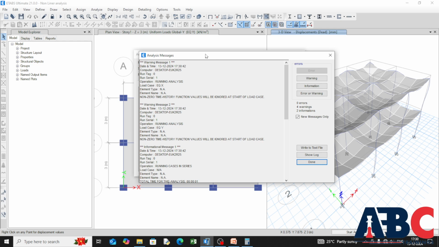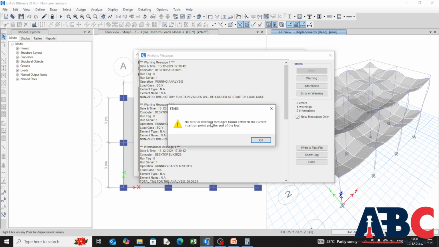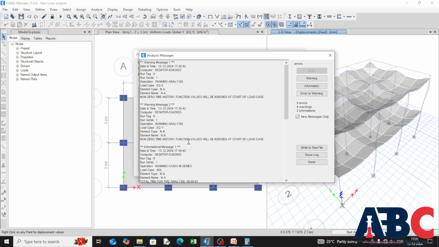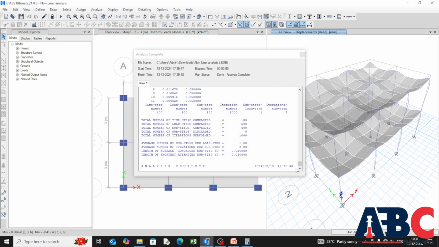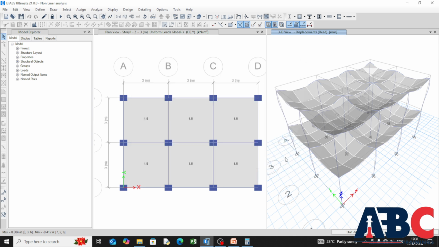Okay, so we can check the warnings and errors. No warning or error messages were found between the current intersection point and the end of the log. So no warnings and no messages. Okay, click done, close it. Then we are going to check